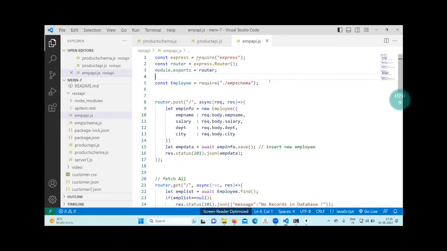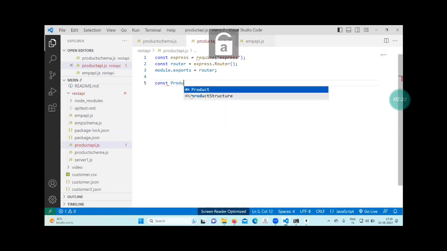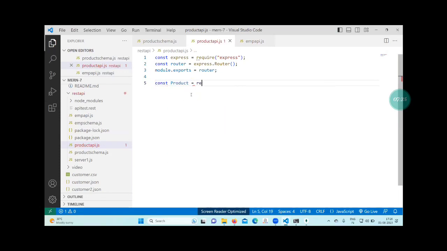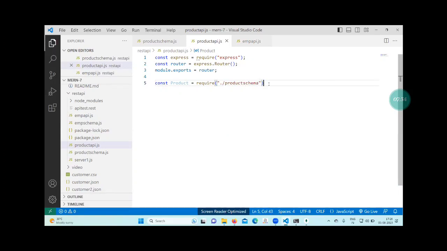So let's come down. These two lines are required as usual. We can add them into the product API. And again, we can call here const, or let, what is followed here, const. const product equal to require dot slash product schema. Okay. Then again router dot get